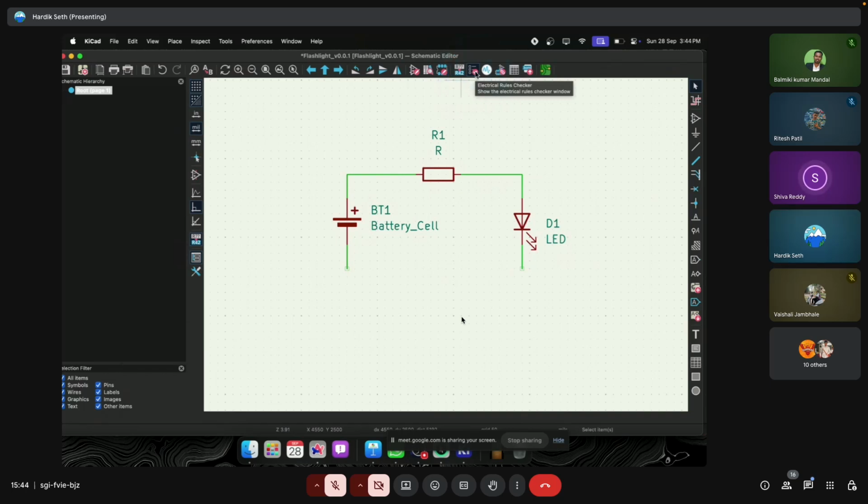Sorry, while doing ERC, we have to put a ground symbol, right? Yeah, you can put a ground symbol there also. But in this case, this is a very simple circuit, so I just directly connected the ground pin of the LED to the ground pin of the battery. So there is no error in that. You can also put a ground. You can also make the circuit something like